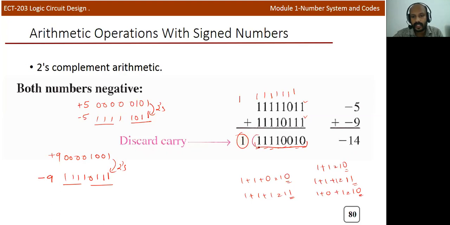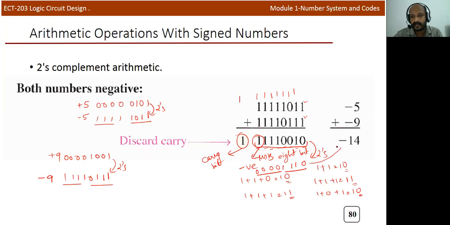But if you check the MSB, this is the carry bit generated, and this is the MSB because we are considering 8-bit representation. So this MSB is 1, which means it is negative. So we need to find the 2's complement of this particular sequence. The 2's complement representation of this sequence: you can write 0 1, after that we can complement 1 0 0 0 0. So this sequence is equal to 14.